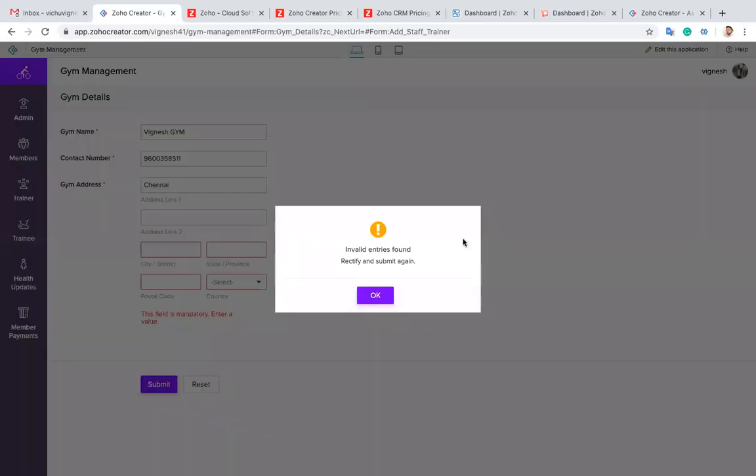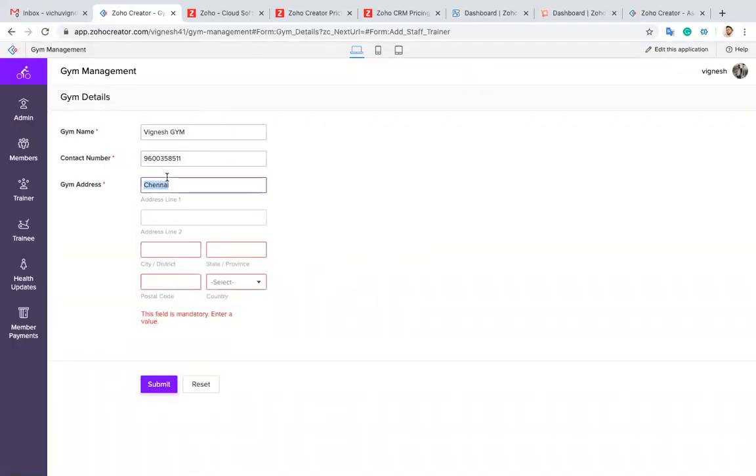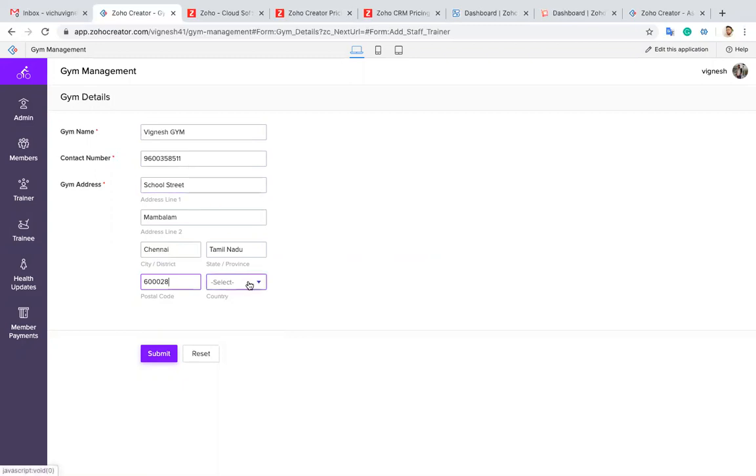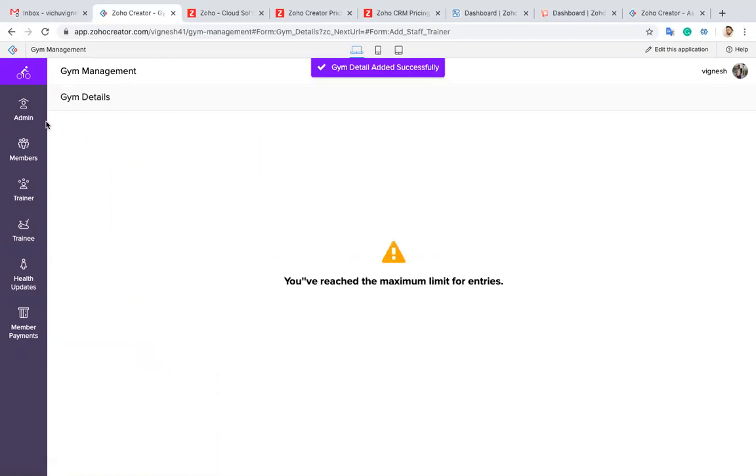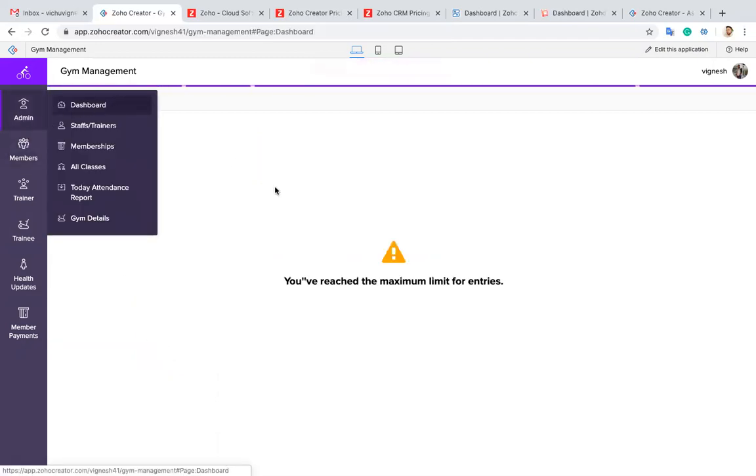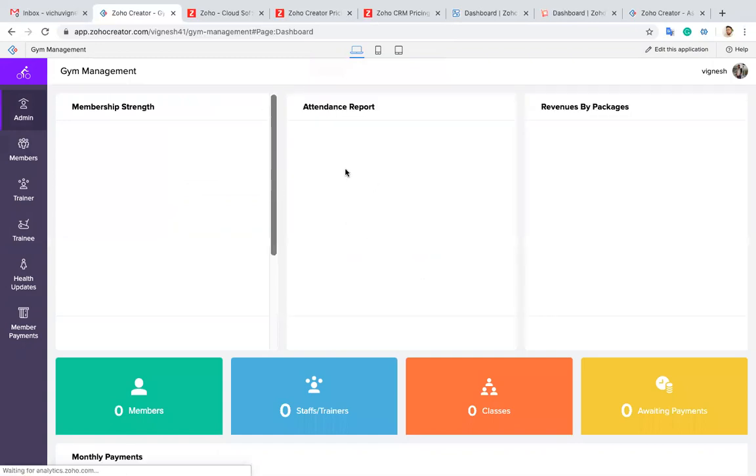Just give it. Now I can see the dashboard.